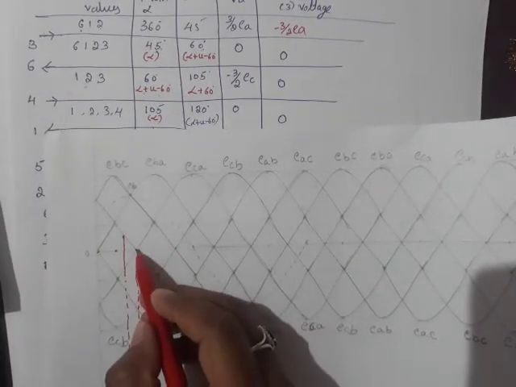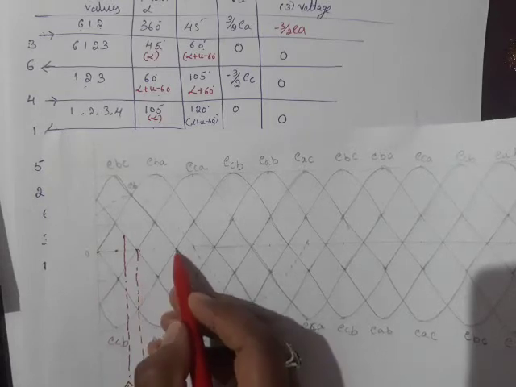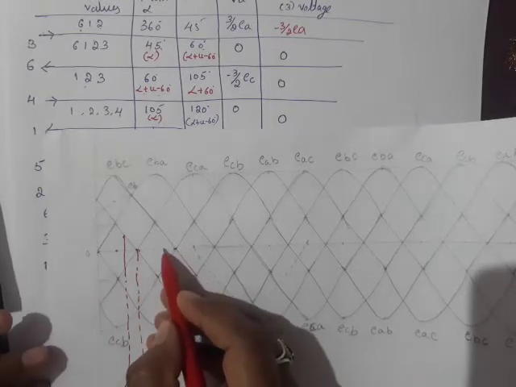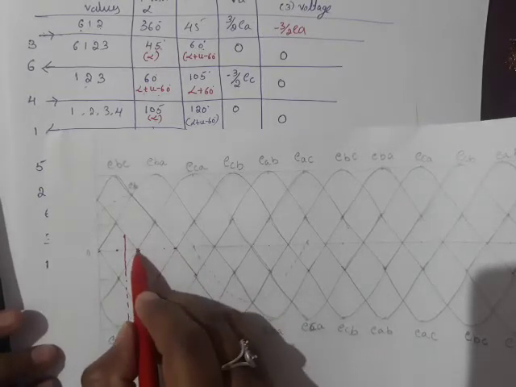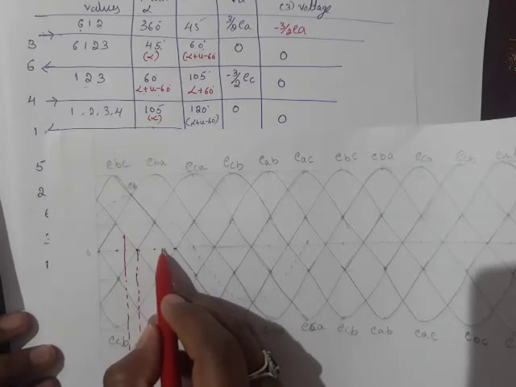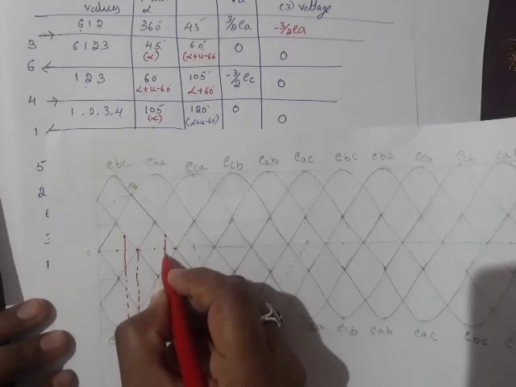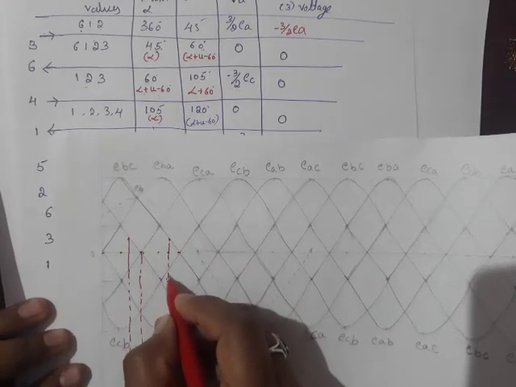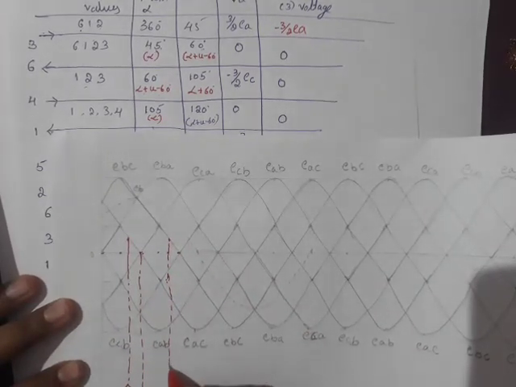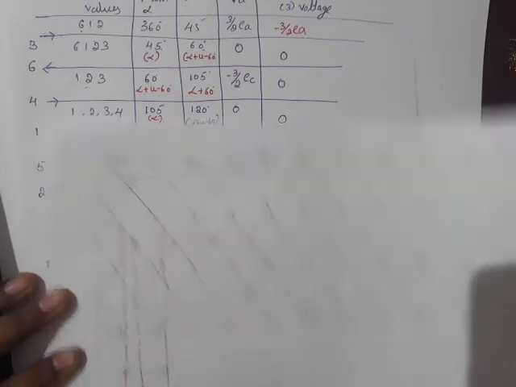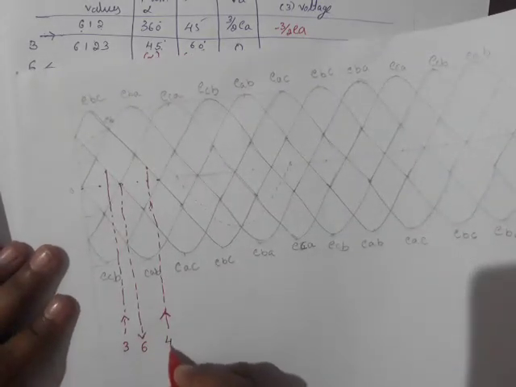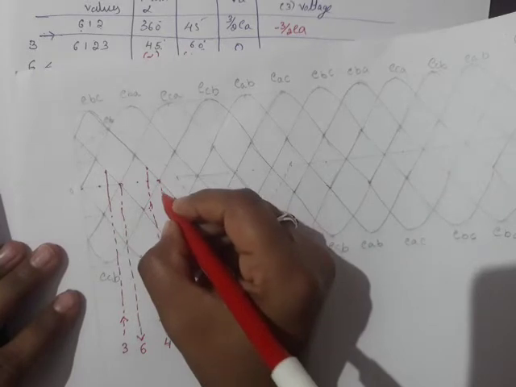So this is 60 degrees. 105 means 60 plus 60, 120, so 105 means here it will come. 60 plus 30, 90; 90 plus 15, 105. Here valve number 4 comes into conduction. And after that here